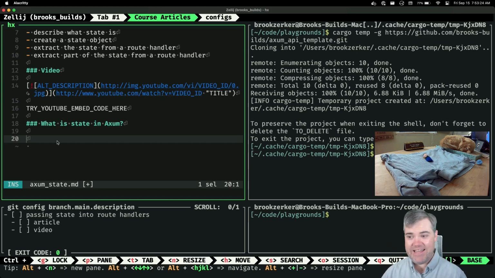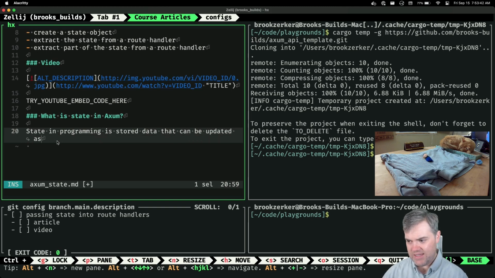Okay, what is state in Axum? So maybe state in programming is stored data that can be updated as the program runs, and updated and retrieved.